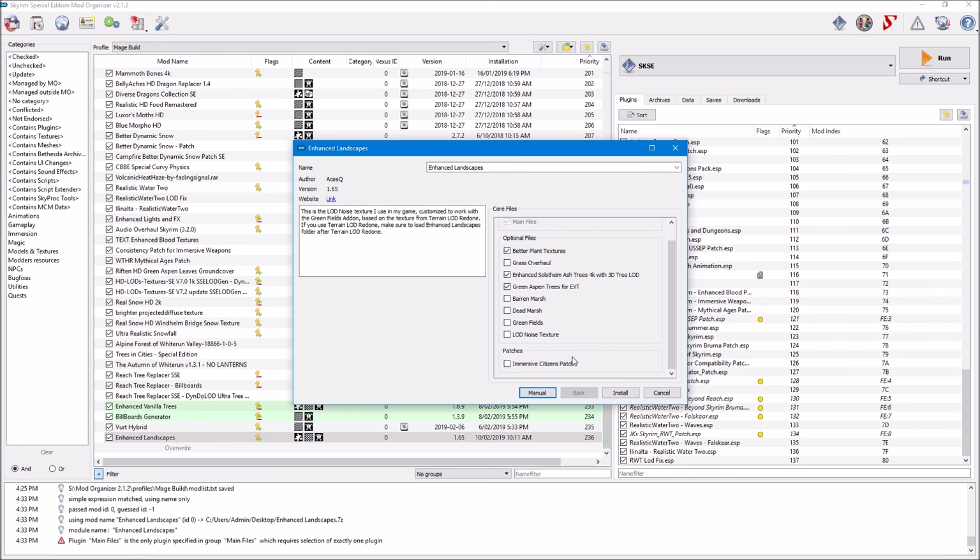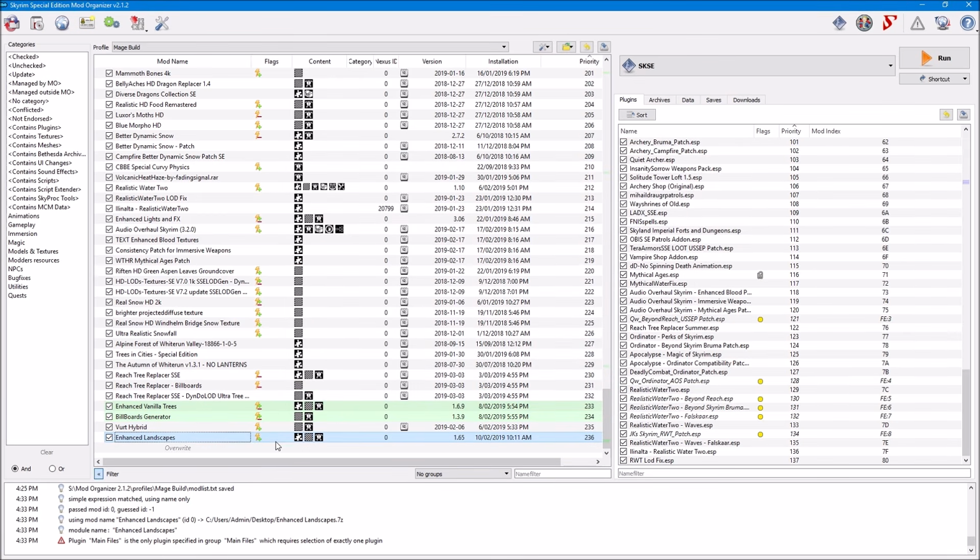I don't. And we've got a patch here in case you're running Immersive Citizens. So if you are, choose that patch. And then just simply click install. I've already done it, so I won't do it again. And it's that easy. Just a quick note though, if you do go with the green aspen trees, as I